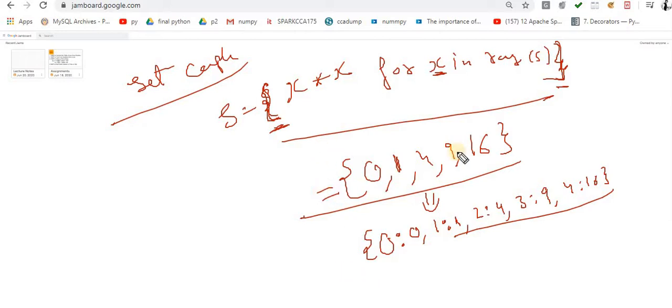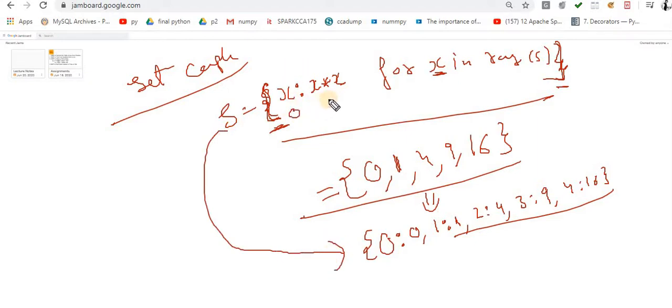For that, you just simply write x colon x multiplied by x. Yes, this is the way. Now it becomes the dictionary. In this case, you will get this output. The starting value x is 0, and when we perform 0 into 0, it becomes 0. Then x is 1, 1 into 1 is 1, 2 into 2 is 4, 3 into 3 is 9, and so on.